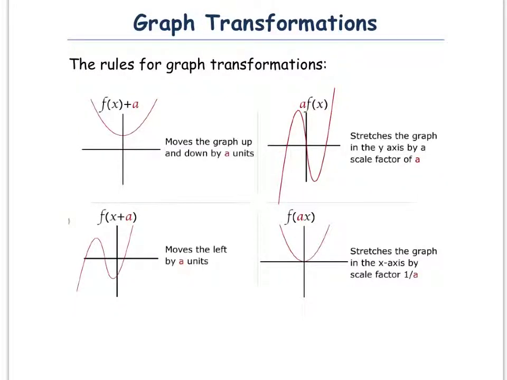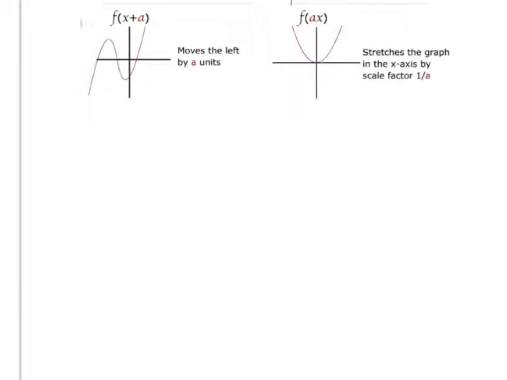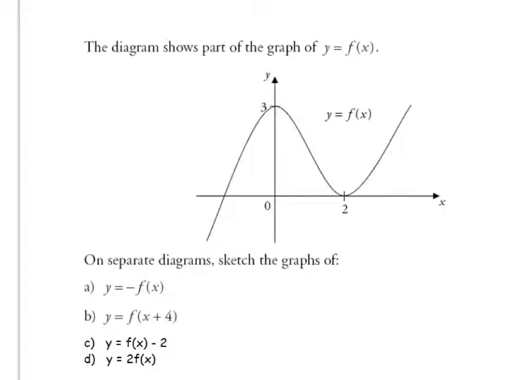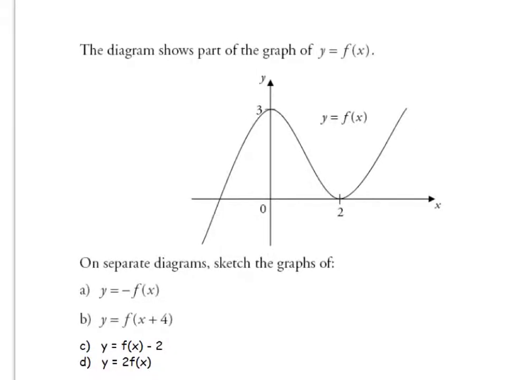Graph transformations. There are 4 key graph transformations that you'll be asked to do at Core 1. Now, in an exam, they often give you a question like this, where it shows you a diagram of y equals f(x) with a couple of points identified on the graph. And what they want you to do is draw a quick sketch, on separate diagrams, for what happens when you do